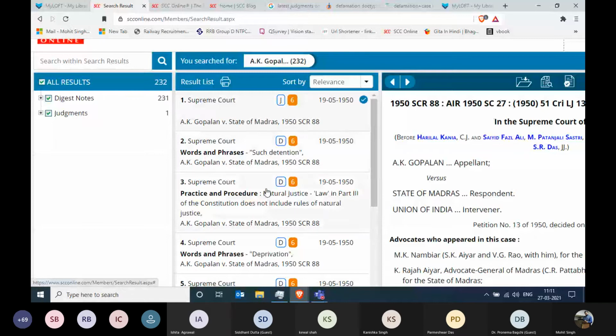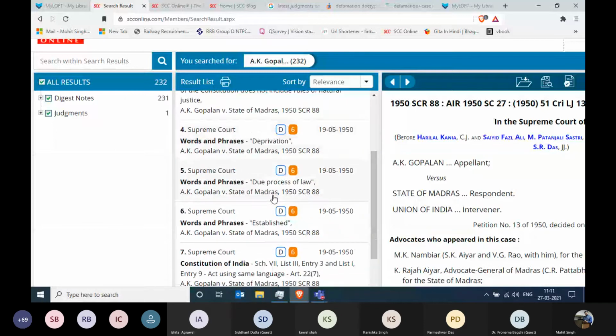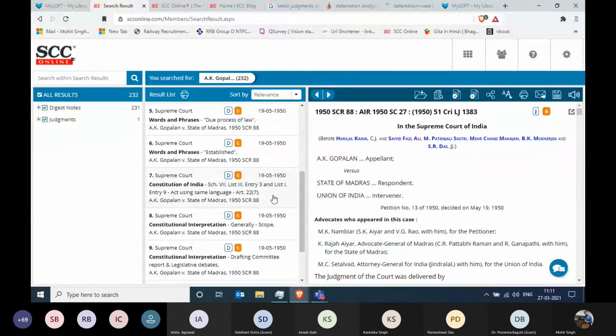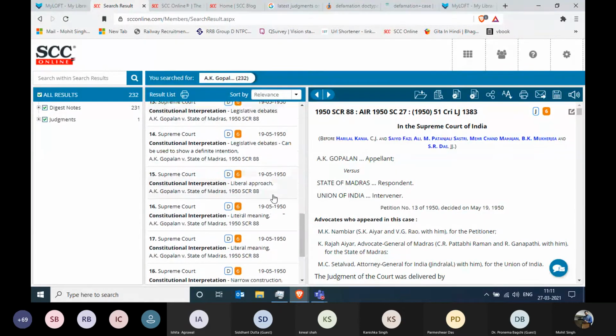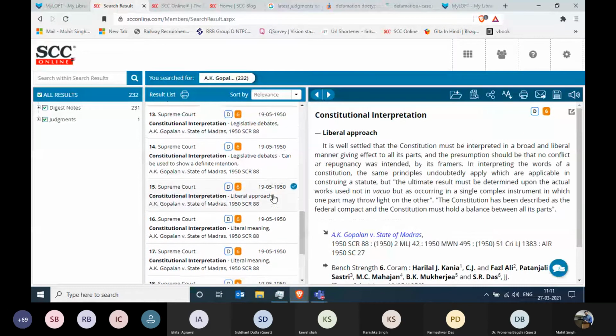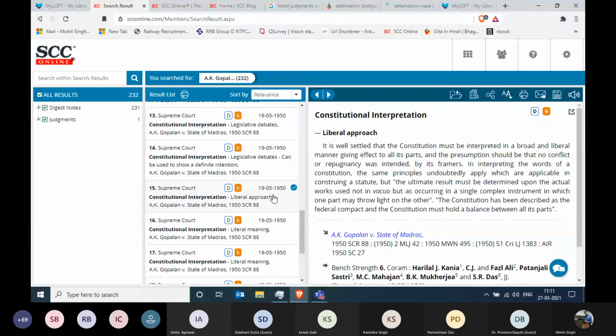So you need to scroll down and see what all law points have been discussed in this particular scenario. You can go on and read all the law points. These law points are not that lengthy, right? These law points are just one or two paragraphs depending upon the context of that particular law point.